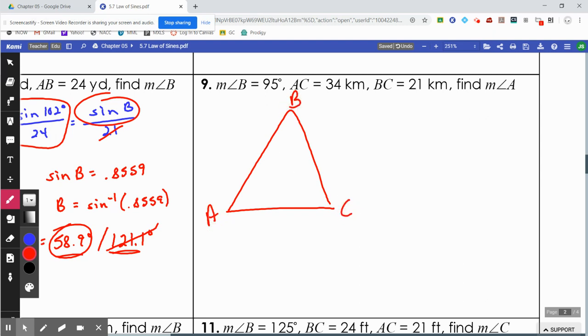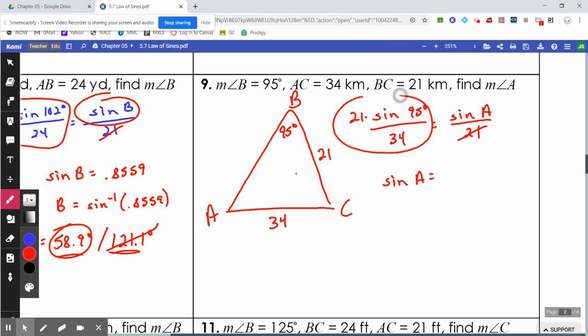Let's label angle B is 95 degrees. AC is 34 and BC is 21. So law of sines says that you have the sine of 95 over the side across from it is equal to, we're looking for the A value here, the sine of angle A over the side across from it. Mark out the 21, multiply it, and that leaves you with the sine of A is equal to, when you do all this work, you get